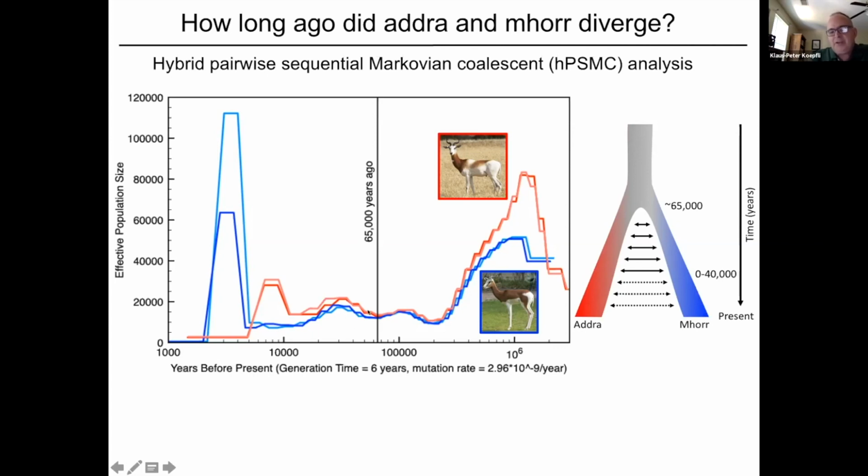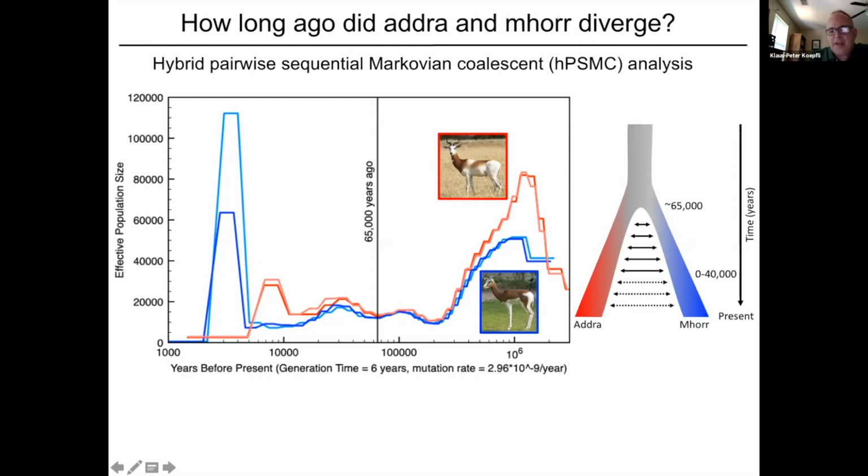And we can also then do an additional analysis called hybrid pairwise sequential Markovian coalescent analysis. It's just a fancy word for a type of analysis that we can use to estimate, for example, when was the last time, based on our genomes, that these two subspecies last shared genes with each other? That is basically, when did gene flow end? And so we find that is about